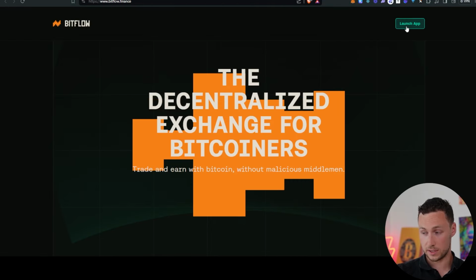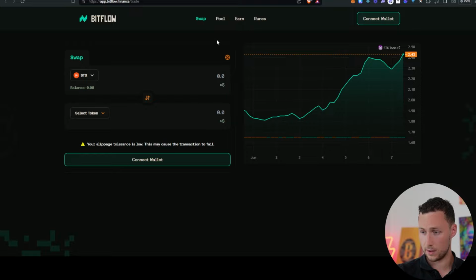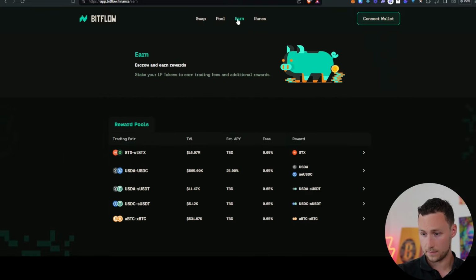Next place you can go to use it is going to be BitFlow, and BitFlow is a decentralized exchange on Stacks, and it's currently the second largest decentralized exchange. Alex is the largest, and we'll talk more about Alex in a bit because they had an exploit, and I think it still has some good farming opportunities. But BitFlow stands out at the moment for the reason that they have this phenomenal STXT reward pool,